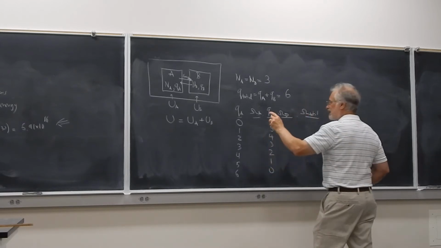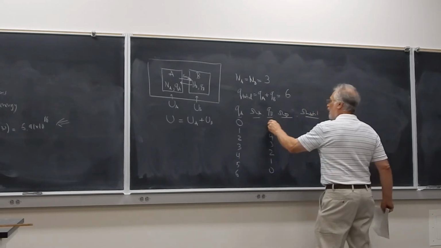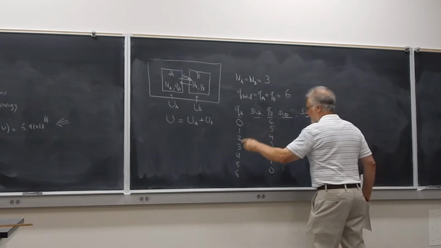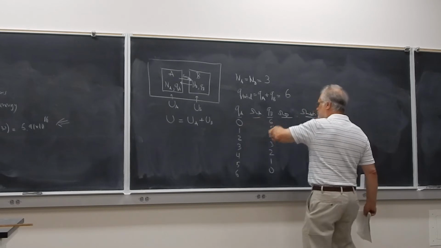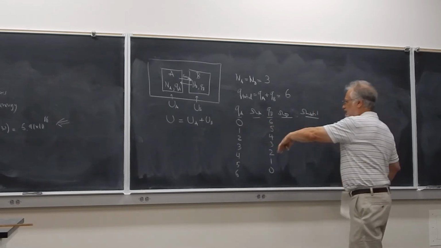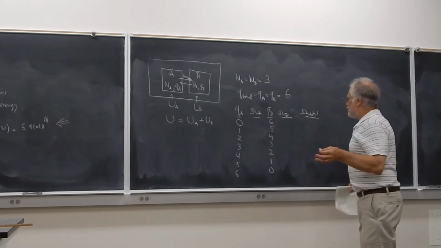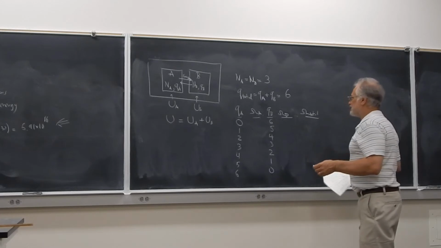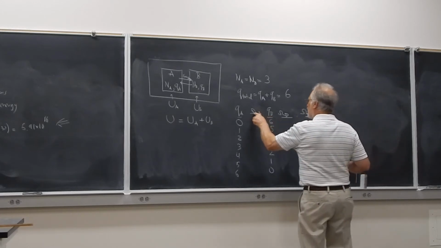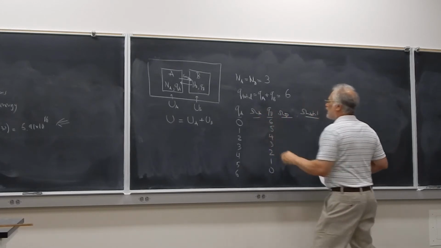I can have all 6 energies in system B, or I can have them all in system A, or I can have some distribution here, which will sum to 6. Now the possible ways of these